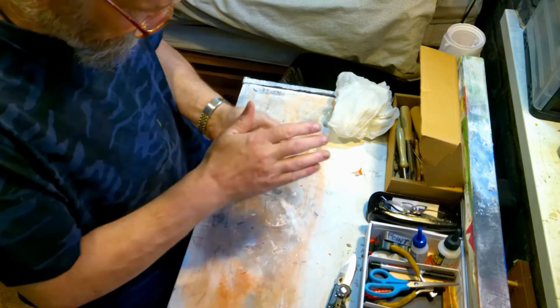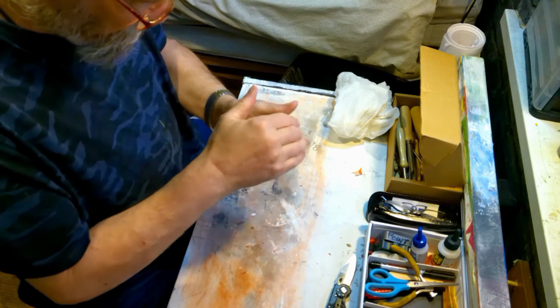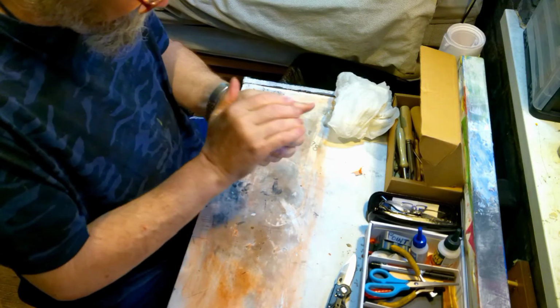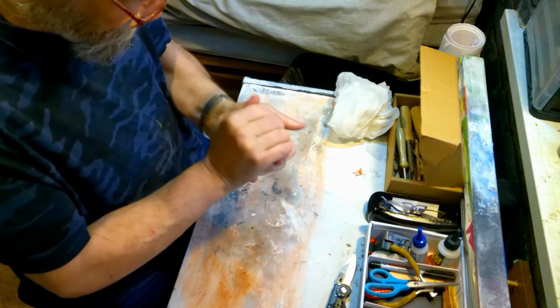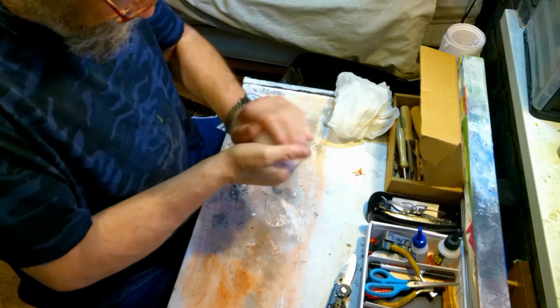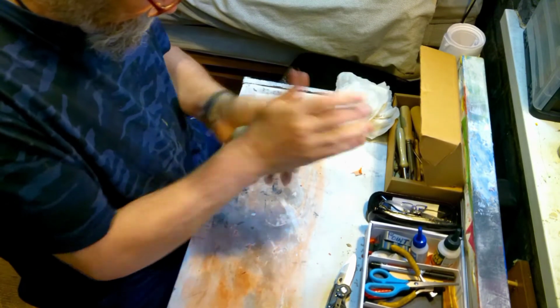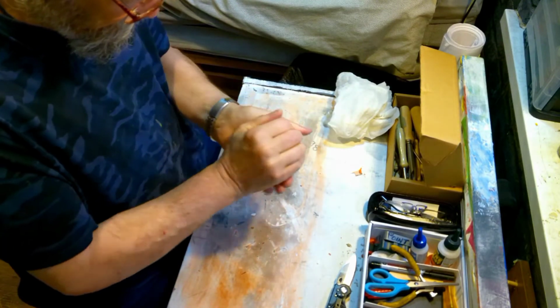Now we're going to condition this just by patting it and loving it and patting it and hugging it and petting it and loving it and squeezing it and hugging it, and it will eventually become nice and conditioned and ready for use. So just give it a good...